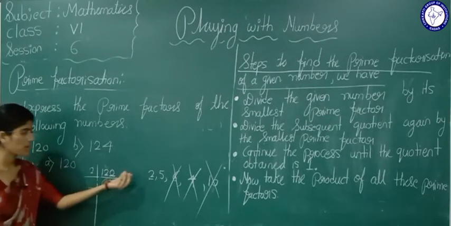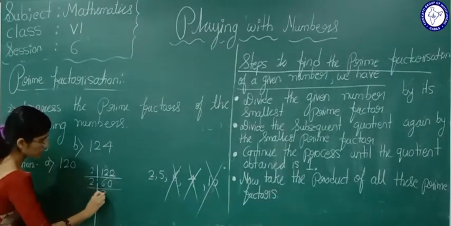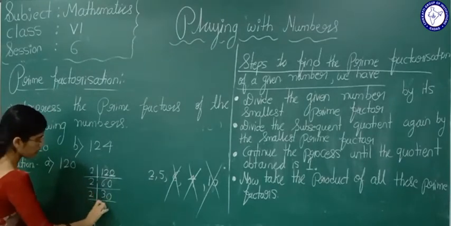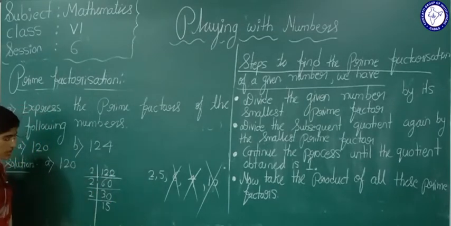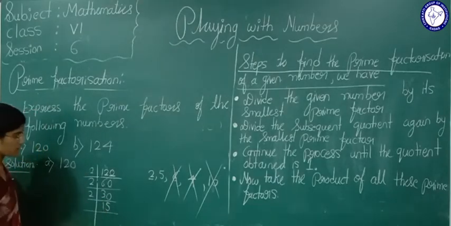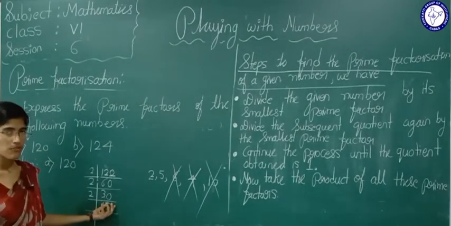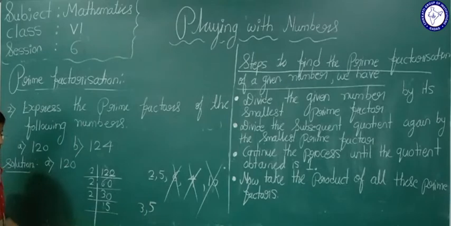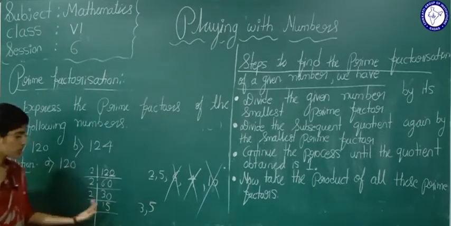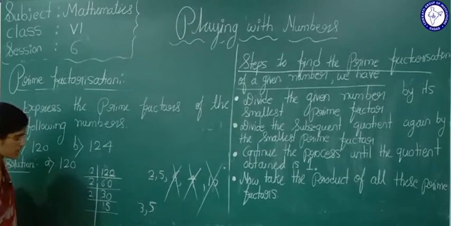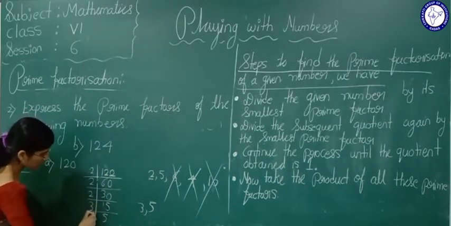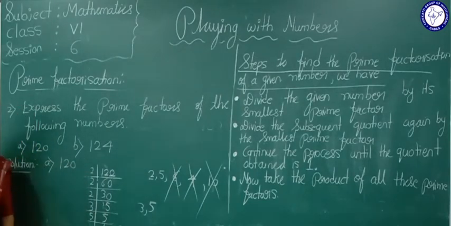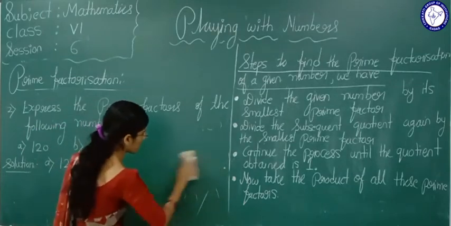Now see here again 60. This we can divide by 2, right? 2 3s are 6, here 0, that is 2 30s are 60. Again 2 15s are 30. Yes. Now see here 15. So what are the prime factors of 15? That is 3, 5. Yes or no? The factors of 15 are 3 and 5. Which is the smallest factor here? That is 3. That will be 3 5s are 15, 5 1s are 5. Here prime factors should be there. Okay. Now see here what we can write here.